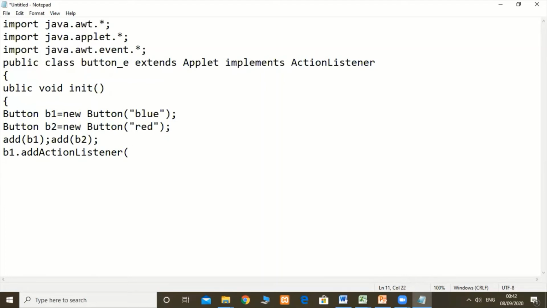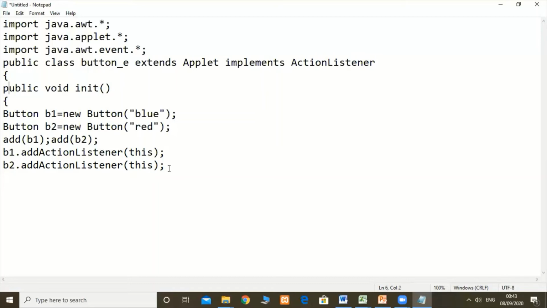We are performing the operation on both the buttons b1 and b2, so we need to add the listener for both buttons: this, and similarly for b2.